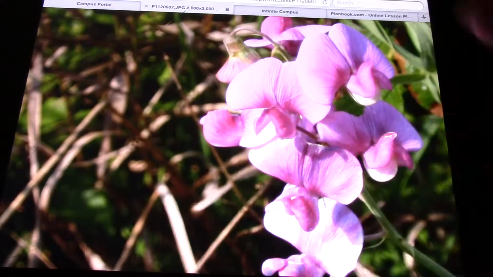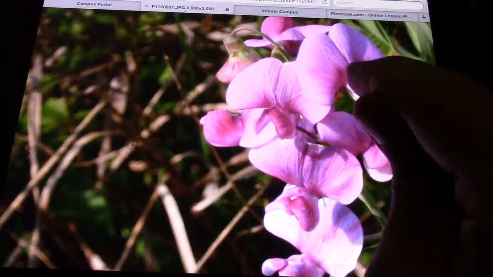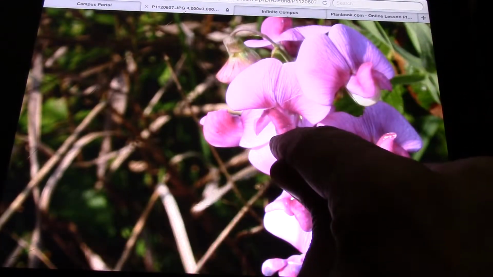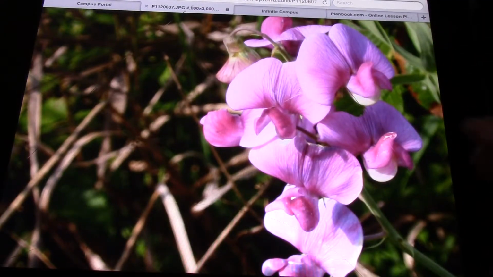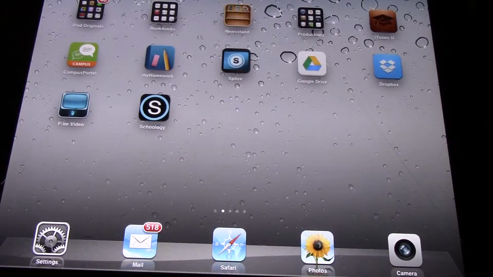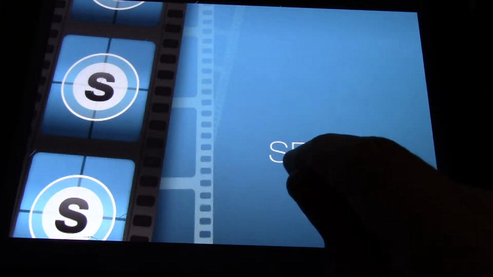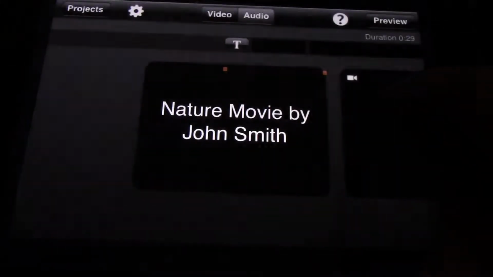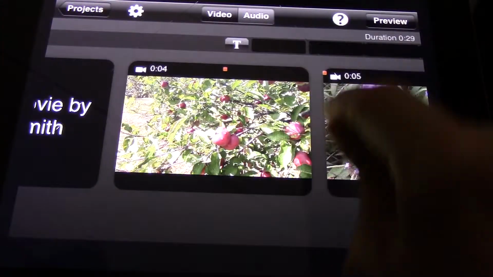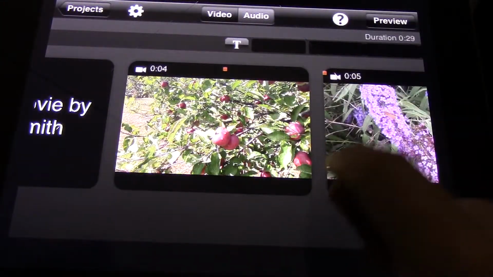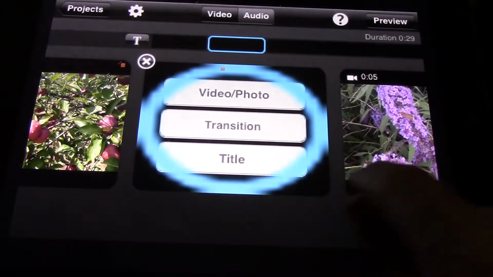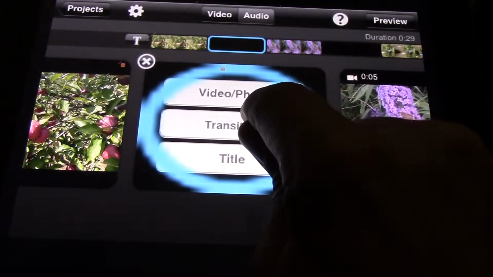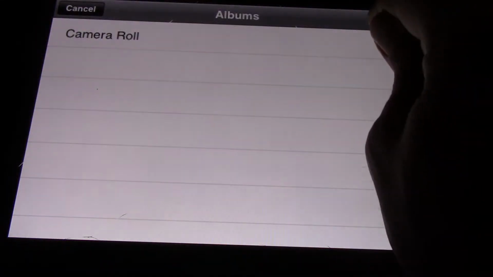Alright, let's try it. Hold on it, save the image, and now we can put it into Splice. And here we go, 3, 2, 1, and add that in between the two pictures you just added. So we're going to add that in there. Photo, camera roll,